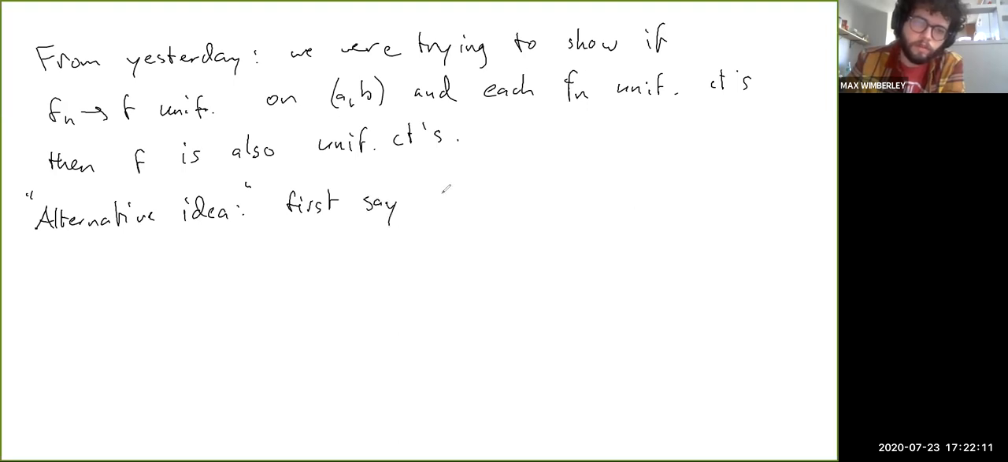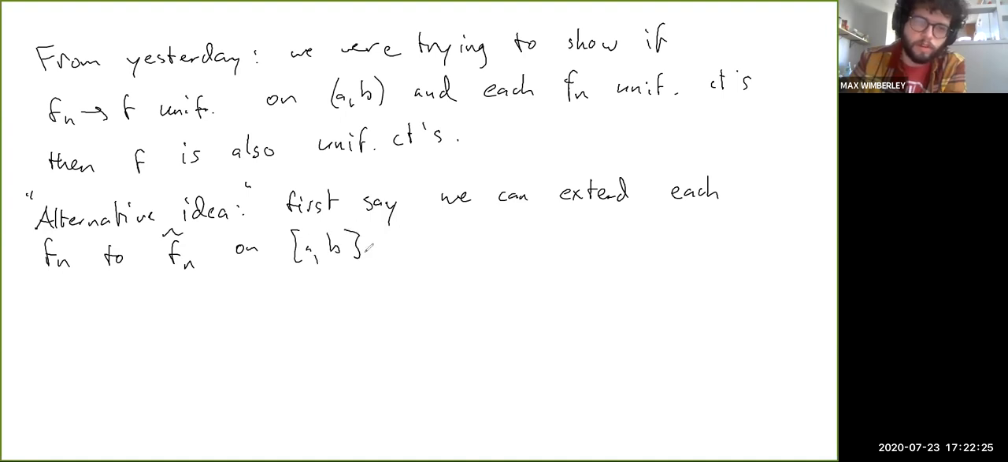say we can extend each f_n to f_n tilde on [a, b], the closed interval, right? And then there's a little bit more stuff you have to do after that. I think the way I described how you'd proceed from this point was a little bit muddled, so I just wanted to clear it up a little bit. So all we would have to do